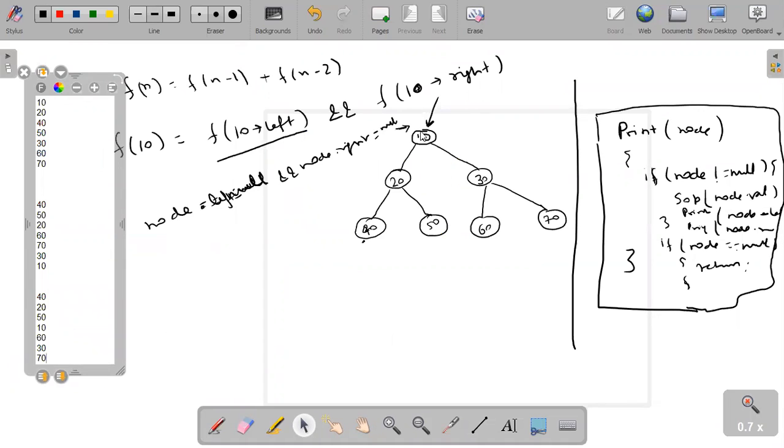So it's first going here. First it prints. It comes here. It first printed it. After that, it went to the left child. Then it printed 40. Then it printed 20. Then it is printing 50. It is looking like it is going in order. 40, 20, 50. Then it should print 10. Then it should come here. Then it should print 60. Then 30. Then 70. So it's looking like in order traversal.